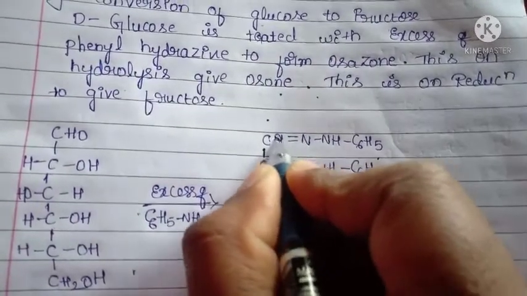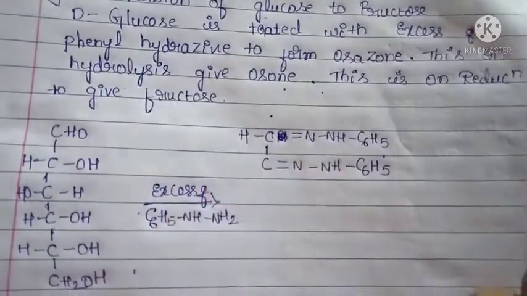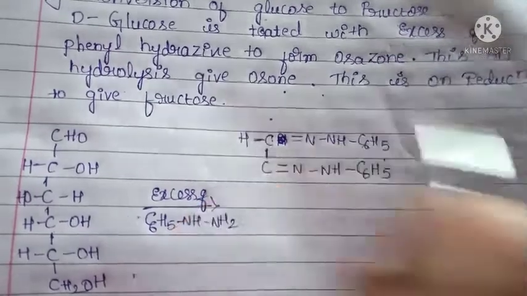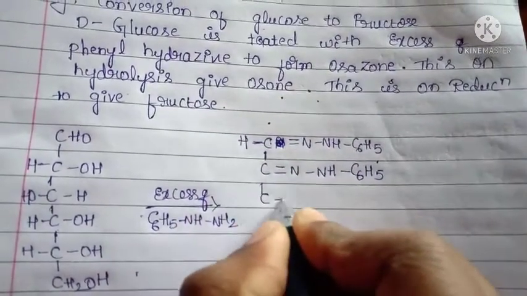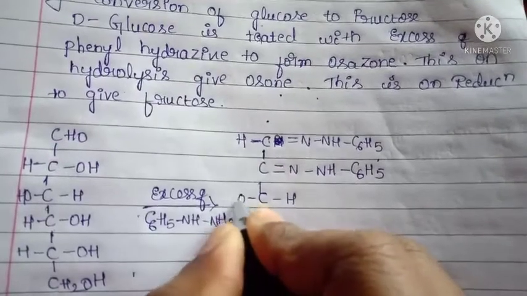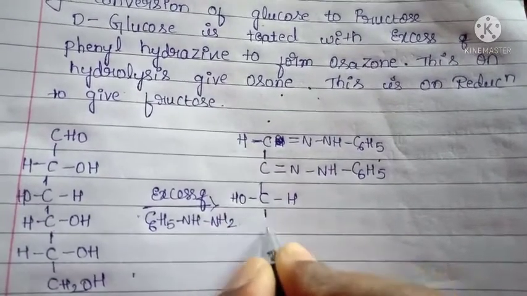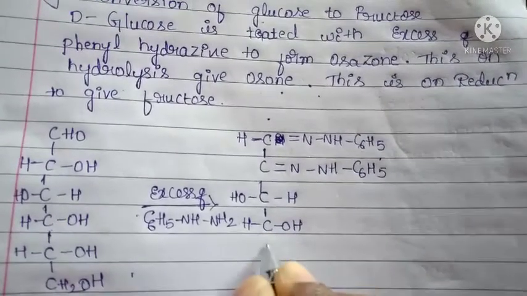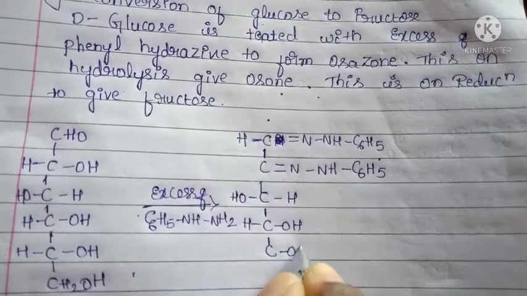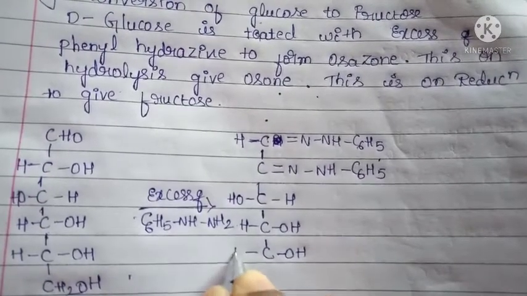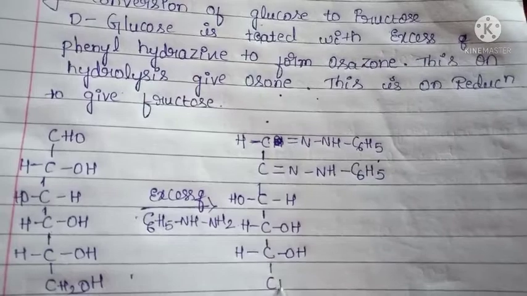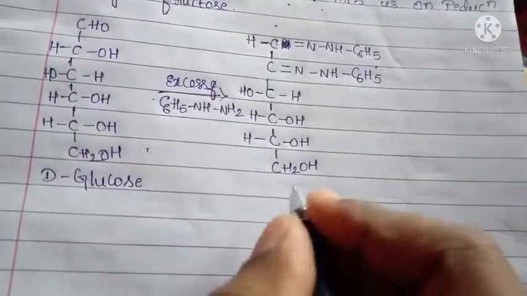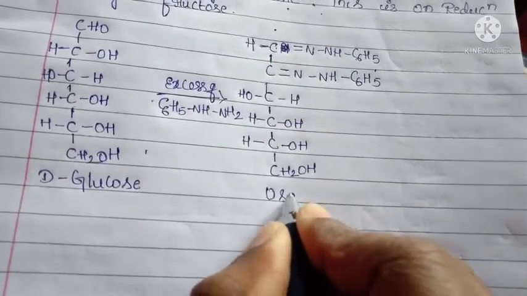Here don't write H, you have to write here H, okay, because hydrogen has only a single bond formed. Then CHOH, CHOH, CHOH, CH2OH, okay. Here osazone is formed,